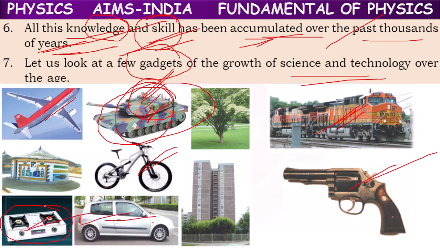Nowadays there is no home without a gas stove. Everybody makes use of a gas cylinder, and with the help of the gas stove, they are cooking the food. But in olden days, in the beginning, there was no gas. So all our mothers and other ladies used to cook on normal stoves, with the help of wood. Now in everybody's house, there is a gas stove. So these are all examples which tell us about the growth of science and technology.